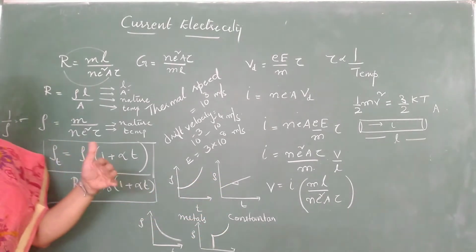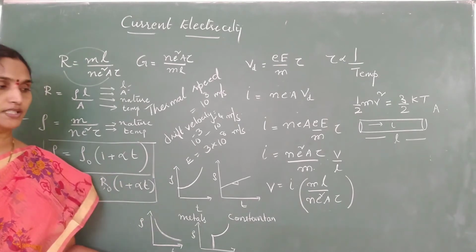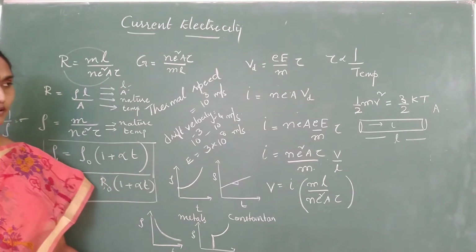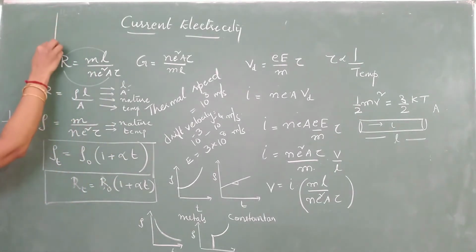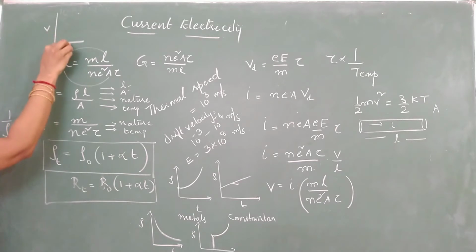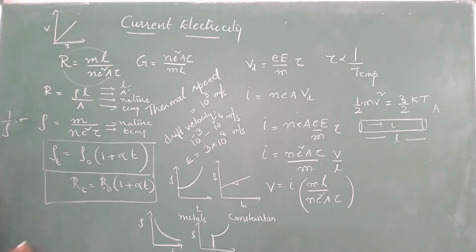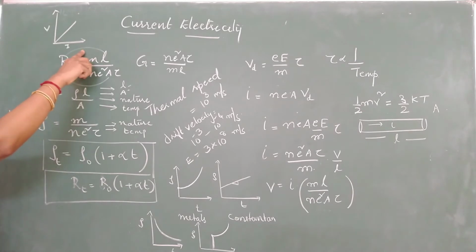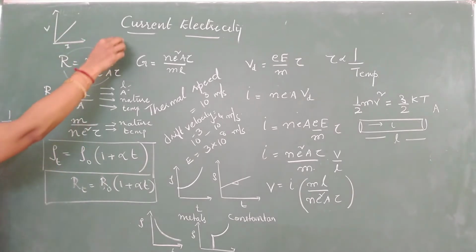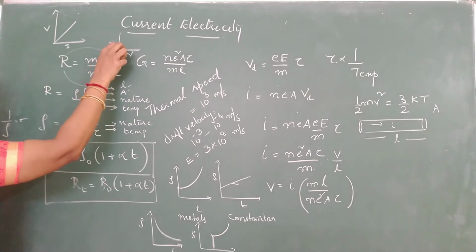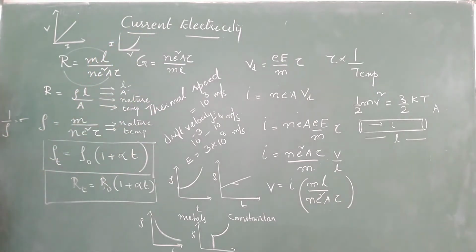Then what do you mean by ohmic and non-ohmic substances? Hope you remember. Substances which obey Ohm's law are ohmic and which do not obey Ohm's law are non-ohmic. For ohmic substances, the V versus I graph will be a straight line passing through the origin. But if you go for high voltages, it is going to show some deviation. Ohm's law is applicable at low temperatures, not too high temperatures. Then for non-ohmic substances like semiconductors, we have studied the VI graph. It is a curve. It won't obey Ohm's law.